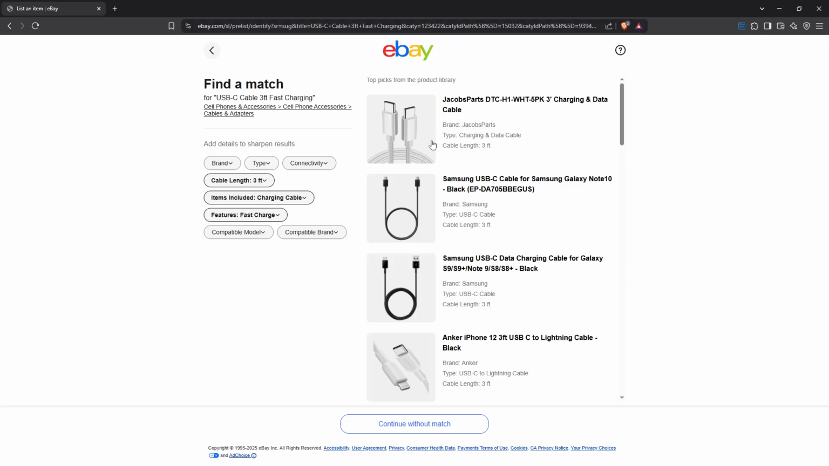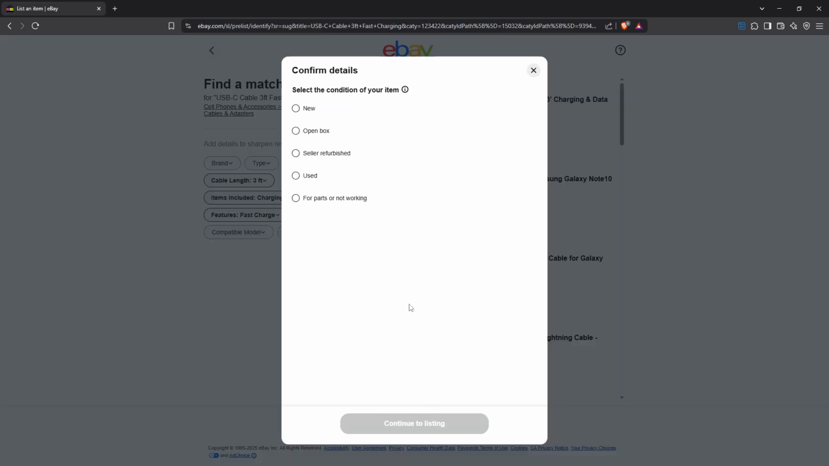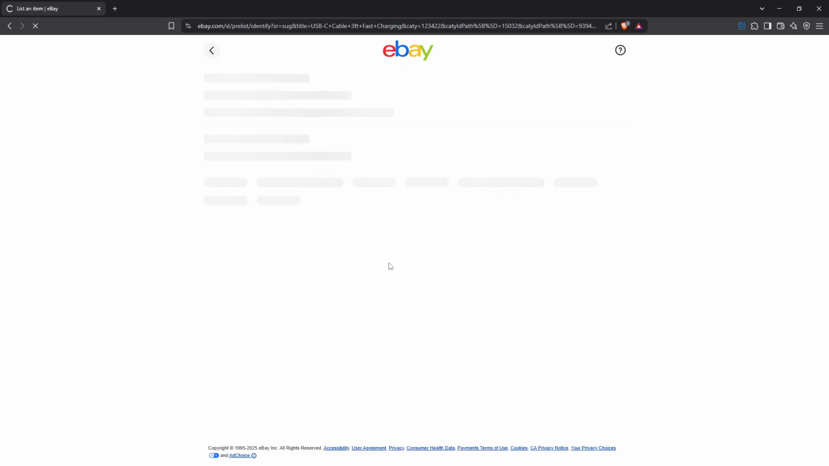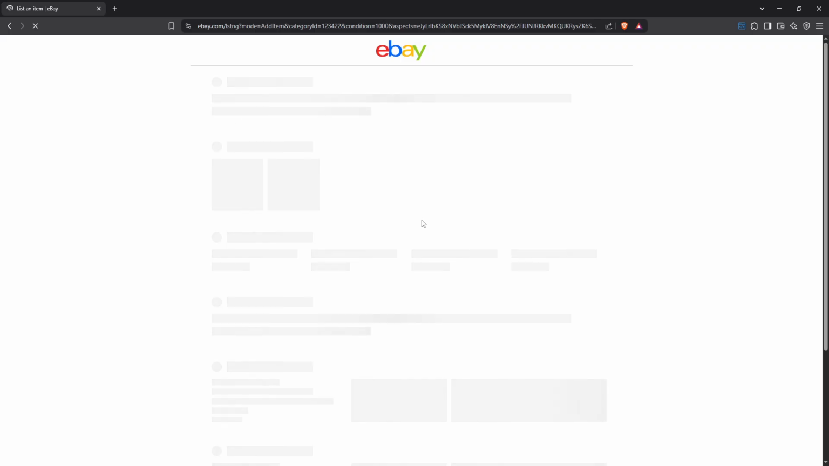Now let's focus on the listing details. You can choose from existing options or create your own. This section allows you to provide essential information about your product, like its brand, condition, and specifications, which can help buyers make informed decisions. If you're planning on selling multiple units of the same item, it's important to choose the